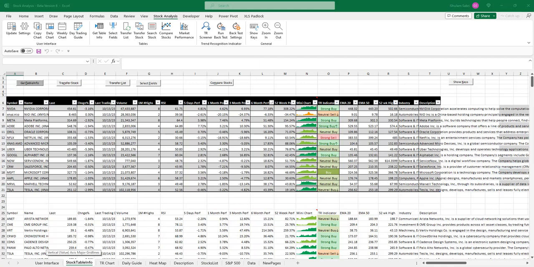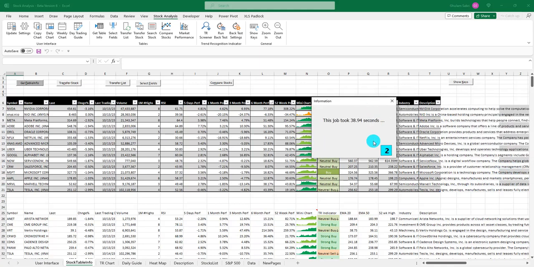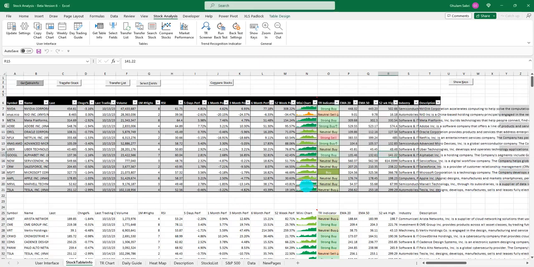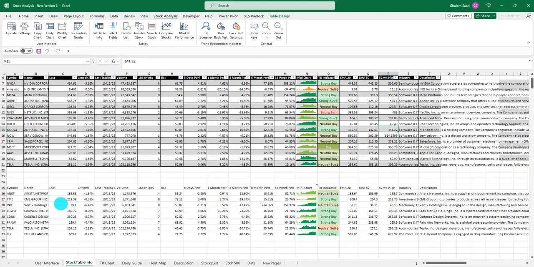All right, it says this job took 38.94 seconds. We are done with this, and this particular table is now updated with the latest information. As you can see, some TR indicators have changed. Neutral buy, and this down arrow means that there is a change in the indicator from strong buy to a neutral buy just during the last working day,